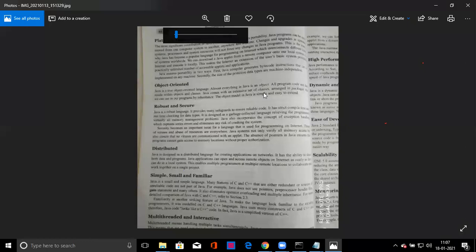Class is the collection of similar types of objects. So in Java the problem is viewed as a collection of objects, and class is the collection of similar types of objects. Then package is the collection of similar types of classes.